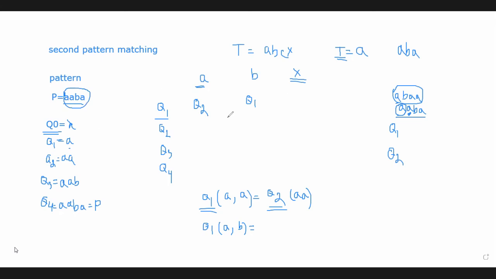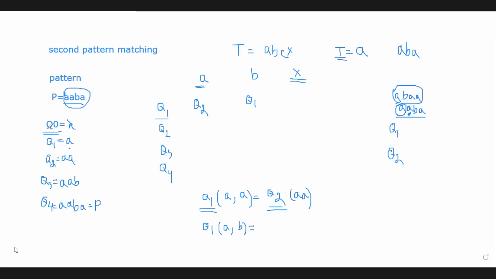We only have the pattern and we don't know the content of the text. We don't know what the first character of that text is. We can only assume, and this table will work in the same way for all texts. Right? So the pattern is AABA, and we have already created some substrings here.